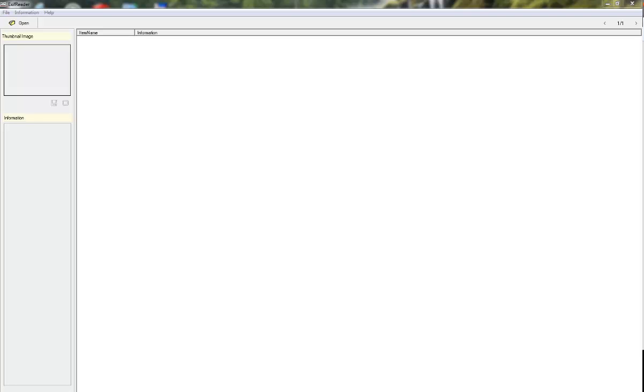On my computer I have a program called ExifReader, and the reason I like this program is, number one, it's free. Also, it's relatively simple to use. What I'm going to do is go up into the upper left-hand corner of my screen, which has the open option,